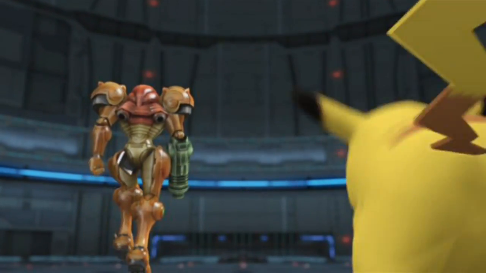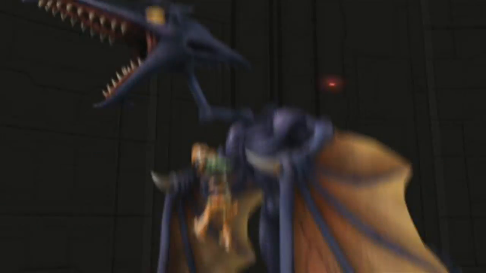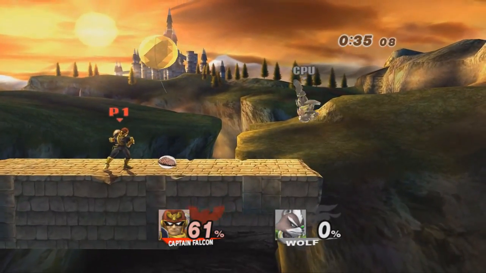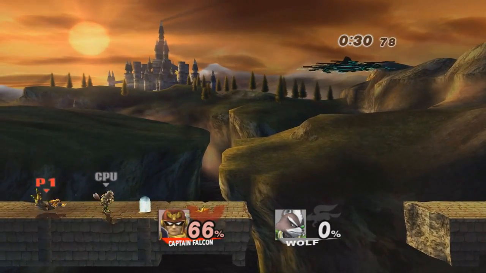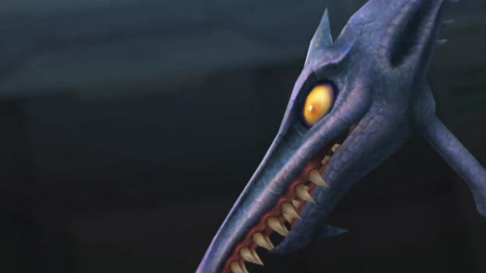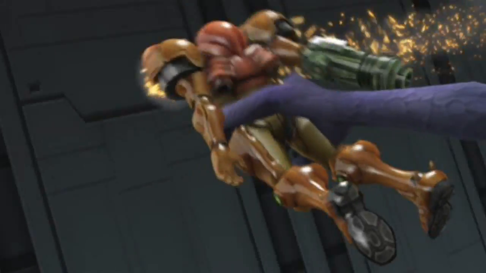In the data for Super Smash Bros. Brawl, there's an empty and unused effect file for the Metroid antagonist Ridley. The file is located in a directory labeled Effect/Assist, suggesting that Ridley was at one point planned to be an assist trophy. It's thought the idea may have been cancelled in order to make him a boss in the Subspace